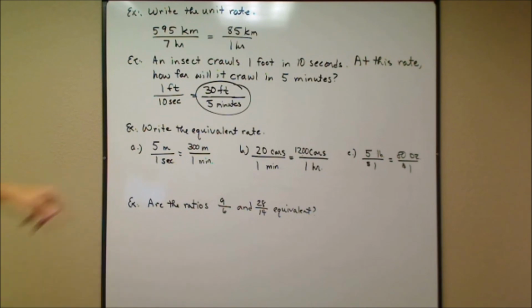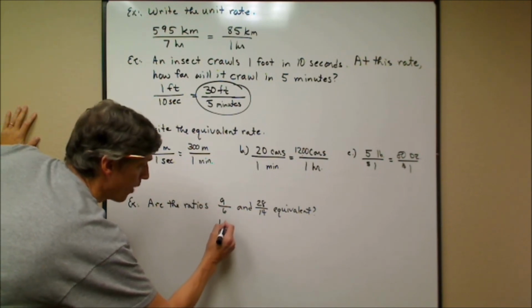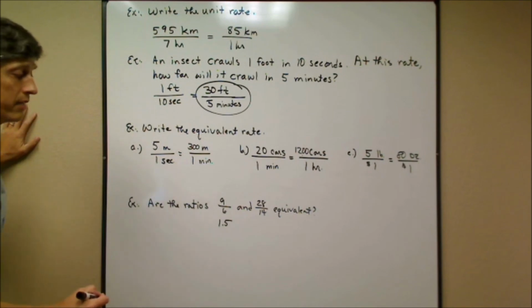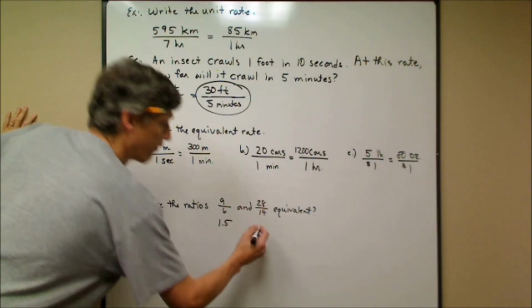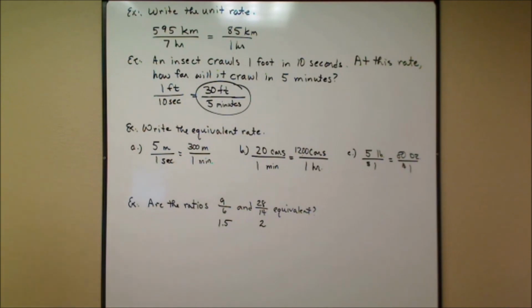Now this last example here goes back to the idea of ratios and equivalent ratios. Remember, they're equivalent if they have the same fraction form or the same decimal form, and I want to know if these are equivalent. 9 over 6 is 1.5 if I divide and write it as a decimal. 28 over 14 is 2 if I divide. And as you can see, they are not